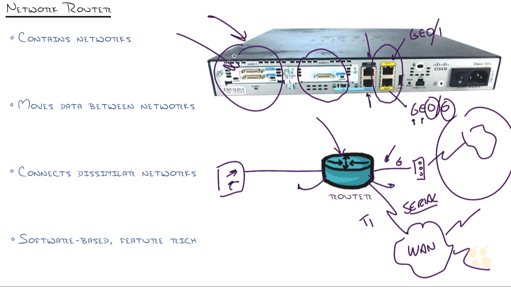Switches don't have serial ports. They don't connect dissimilar networks in that sort of way. They only have Ethernet ports. So the router has a unique functionality there. Now, the other piece of a router is that it is software-based and feature-rich. Now, take what I just said about the switches with the ASICs and hardware and all that kind of stuff. Yes, a router is slower than a switch, but